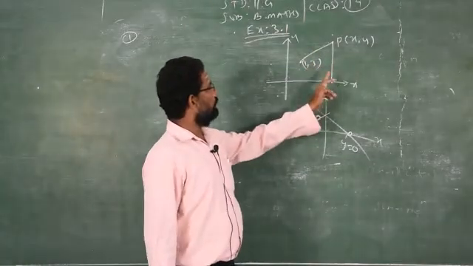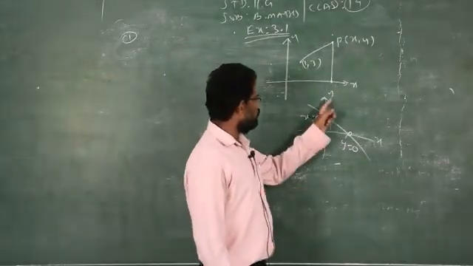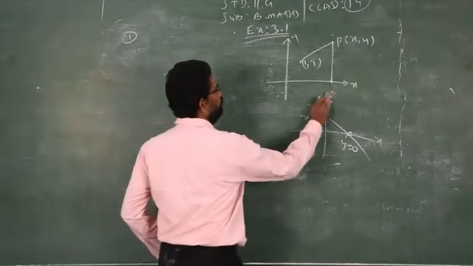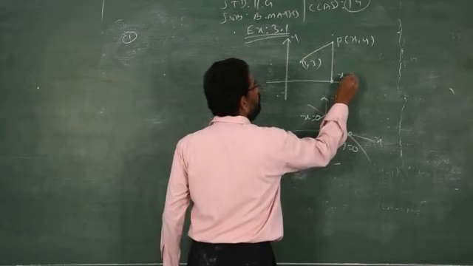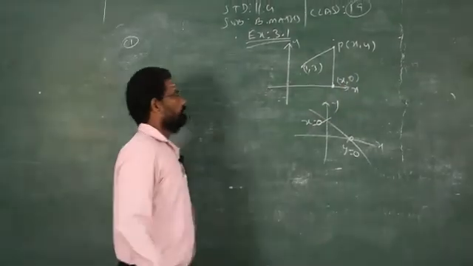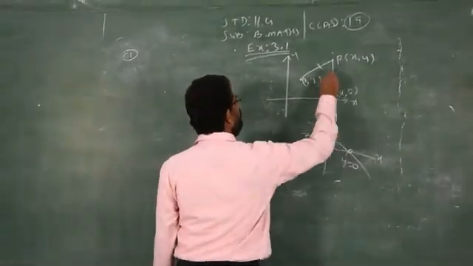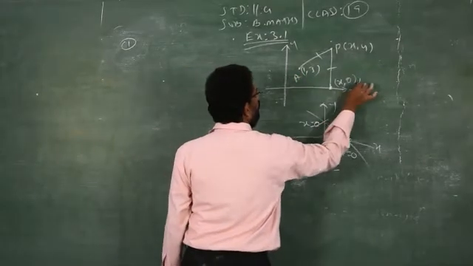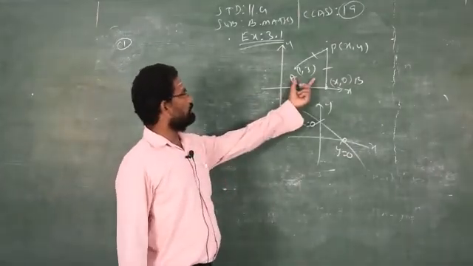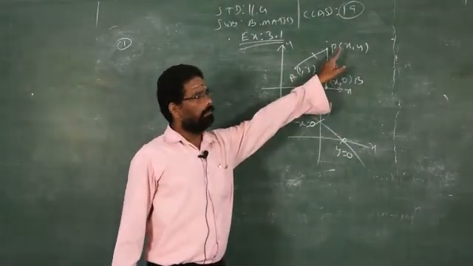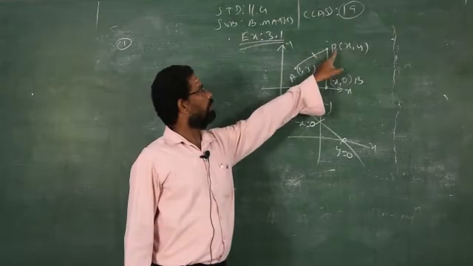Any straight line intersecting the x axis, y is always 0. Any straight line intersecting the y axis, x is always 0. Therefore what will come here? I don't know what x is, so you keep x as it is, but I know what y is: 0. Clear? So what is the condition given? The distance from P to, I take this as A and this point as B. For example, I take the first point as A and the second point as B. It is given already. Look, for locus you must always take P.